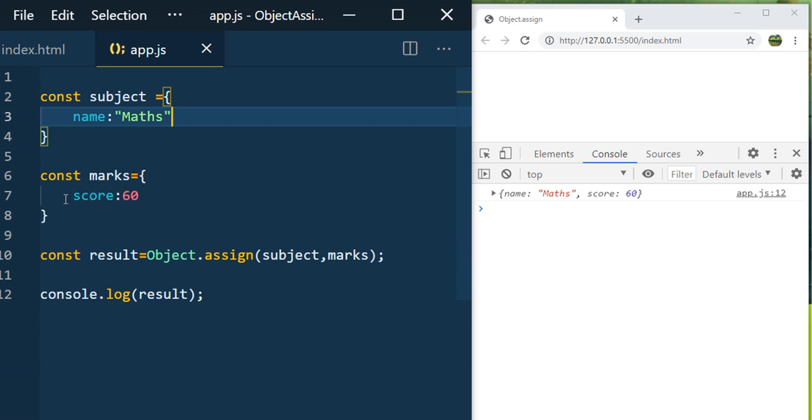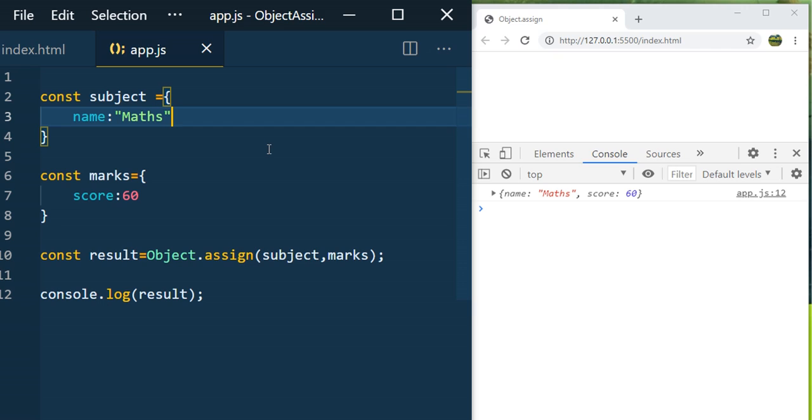It will copy the score property from marks to the subject, which is the target object, along with its value, which is 60, and it returns the object. So the result object has name, which is already a property of subject, and score, which is copied from the marks to the subject.